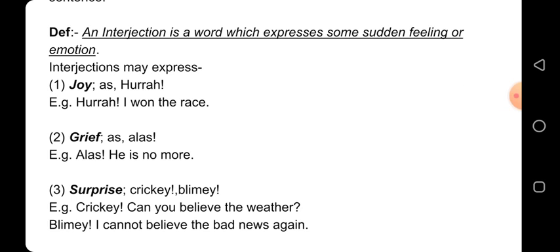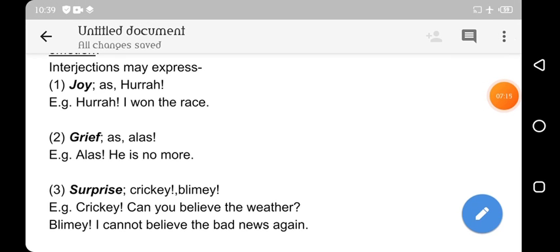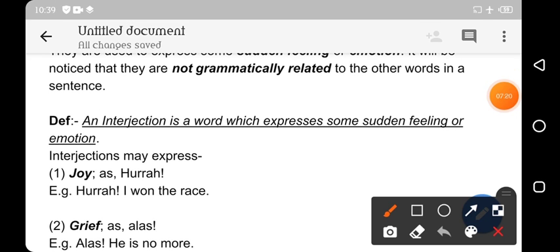बहुत सारे emotions और feelings हमारी और भी होती हैं, जैसे we love our parents and we love our country and we love our religion. वो भी हमारी emotions और feelings हैं. बट उनके लिए हम interjection नहीं यूज़ करते. ठीक है. आप ये नहीं कहते कि oh I love my country और oh I love my parents, right? We don't do that, because those feelings and expressions are not sudden. All right. Those feelings are not sudden.